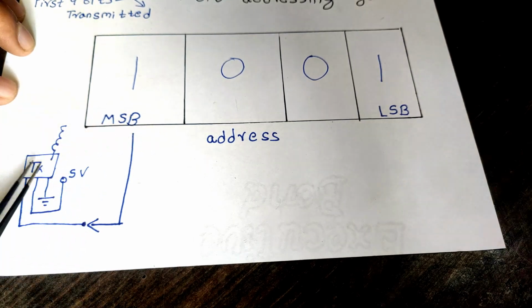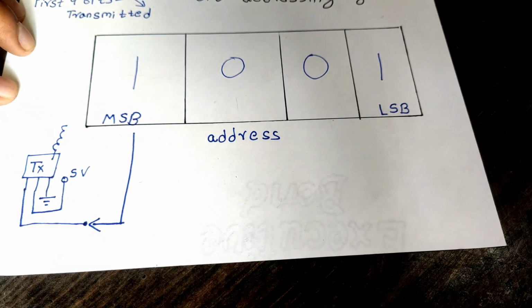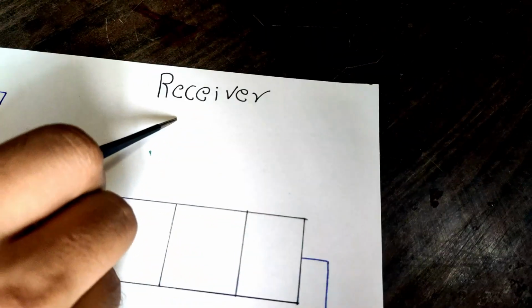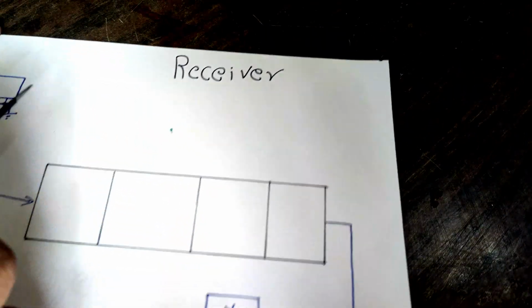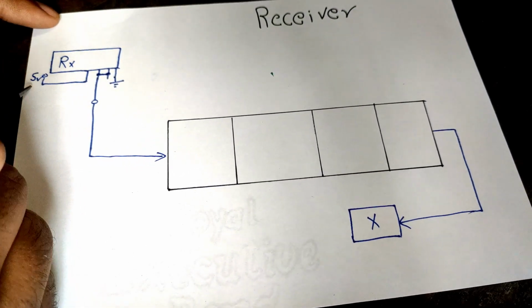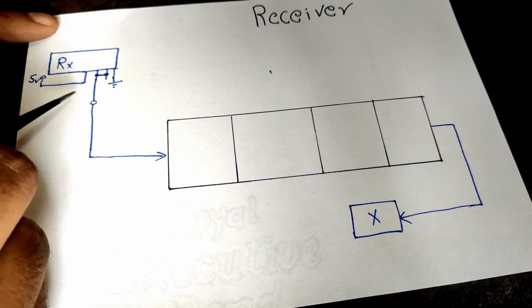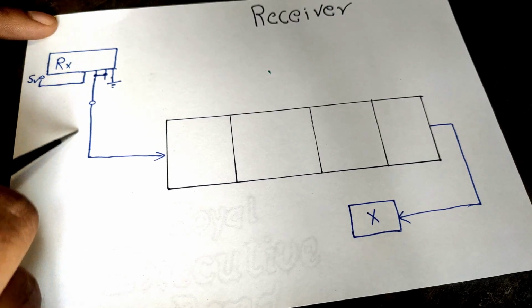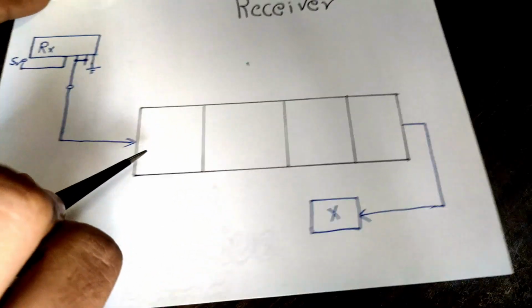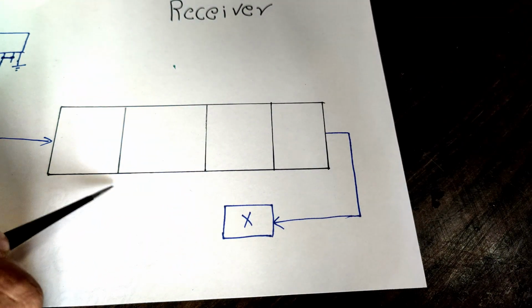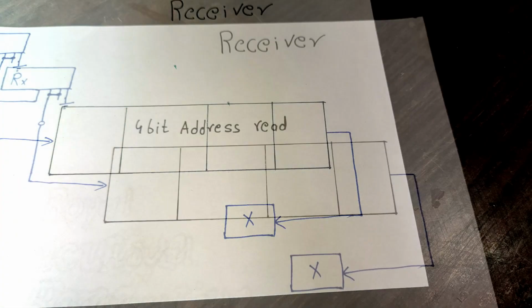What this MSB means is that in our system, we send this most significant bit first. Now these 4 bits can either be sent first while transmitting, then the data can be sent, or the address can be sent after the data has been sent. In our case, the address will be sent first. So these 4 address bits which we will set will be sent by the transmitter each time it wants to send any data through the transmitter module.